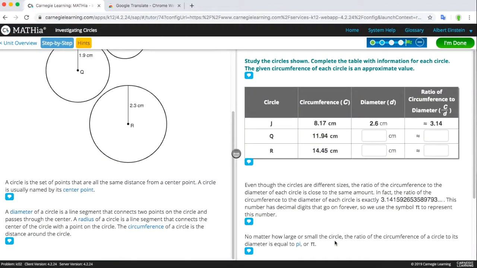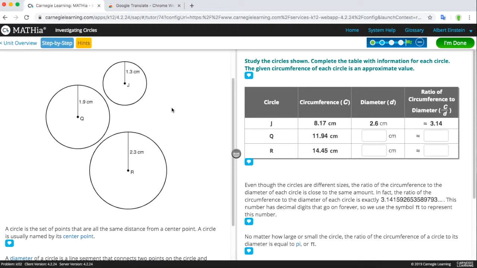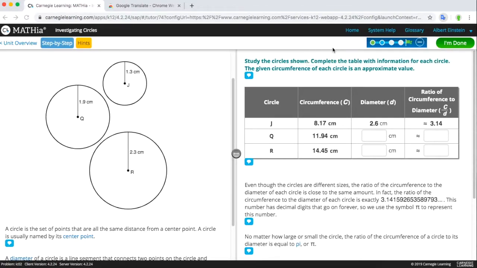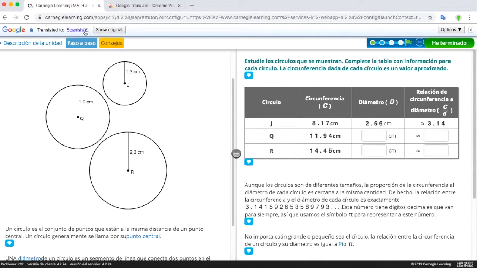Now what you just heard there was the test being read aloud. Let's go ahead and translate this again into Spanish, and then we can have it read aloud in Spanish. Translate this page. It's been translated into Spanish. So now as I hit this button,